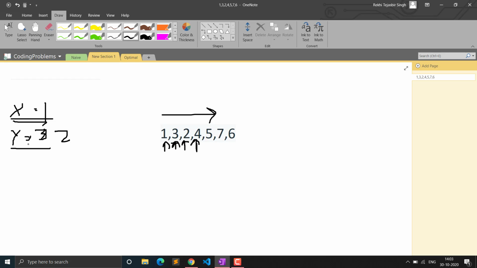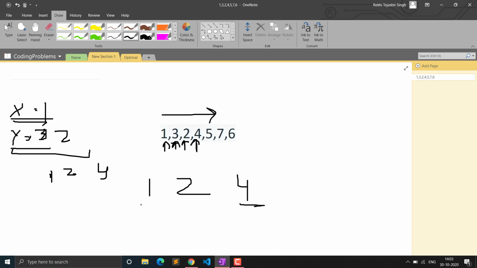So if you check, 4 is not less than x and 4 is not less than y, so that means there is an element which is greater than both x and y, and its index is also after x and y. So x and y values are, you can see, 1, 2, and the 4, the current element that we are on, is greater than both of them.